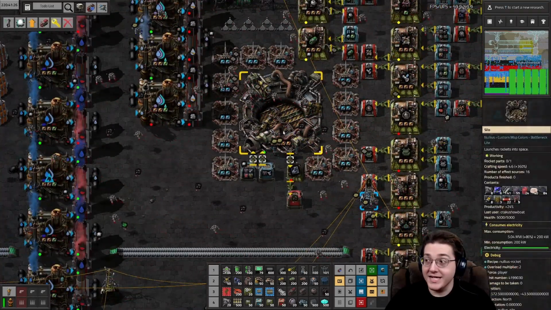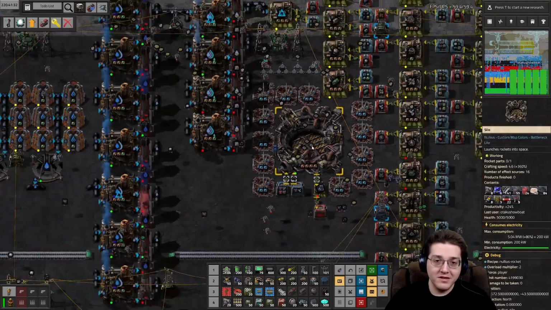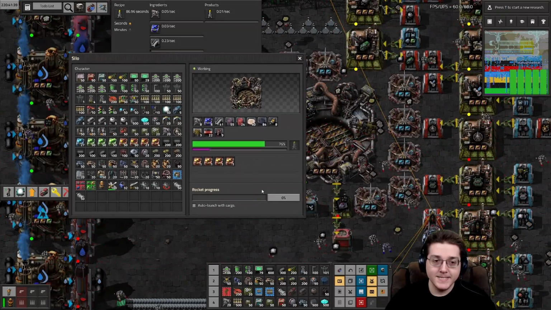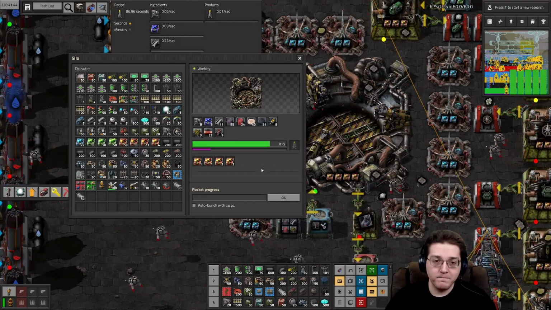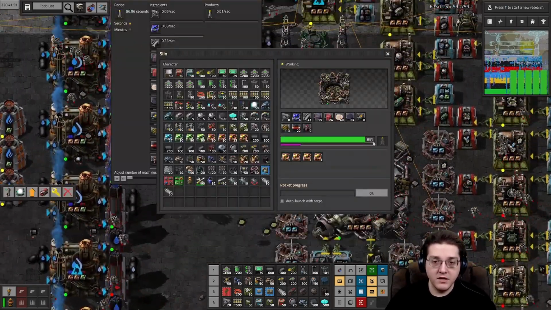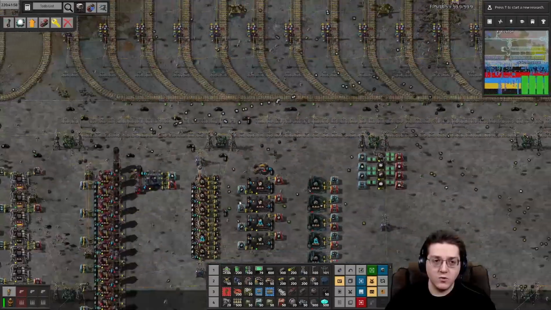Alright, so I think that the intent is that we're going to need to have a whole bunch of rocket silos all in a row launching our rockets. Yeah, I think that's going to be the intent here. Oh yeah, and I'm totally going to need to load the astronomical science data onto a train and all that, so let's go ahead and get that sorted